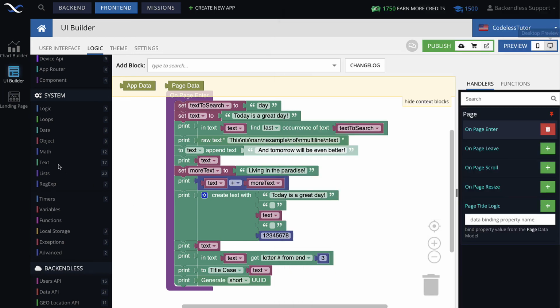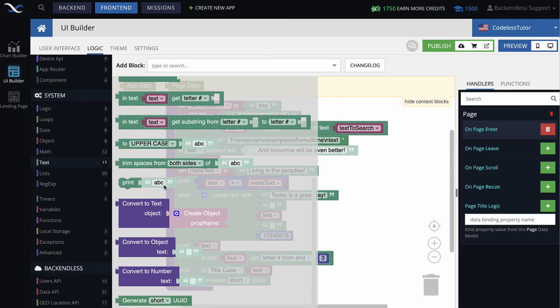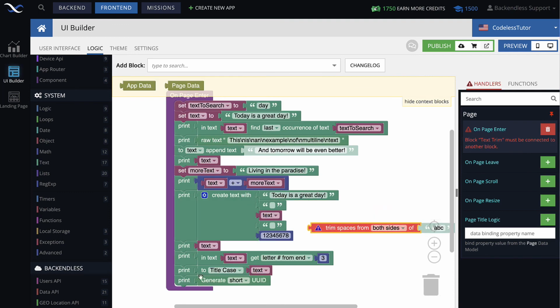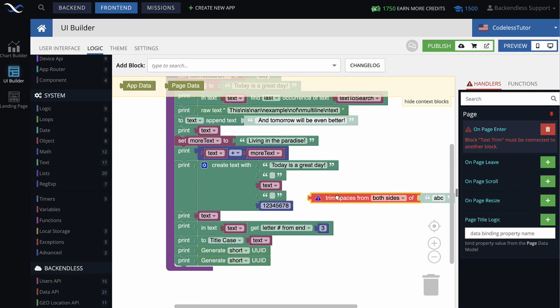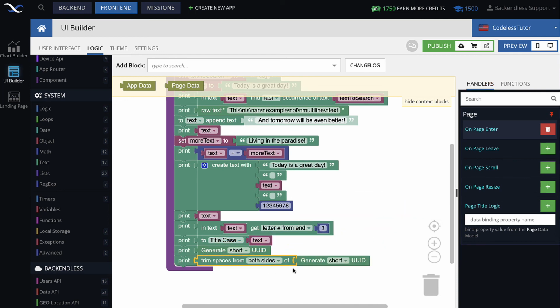So I think we went through everything in here. Oh, trimming spaces. As you can guess, trimming spaces essentially trims spaces in text, okay? And in here, let me just demonstrate. You see you can trim spaces on both sides, left side or right side.